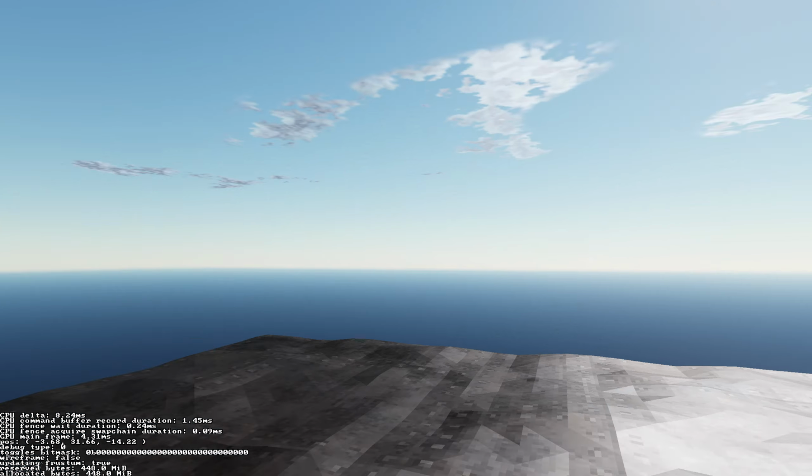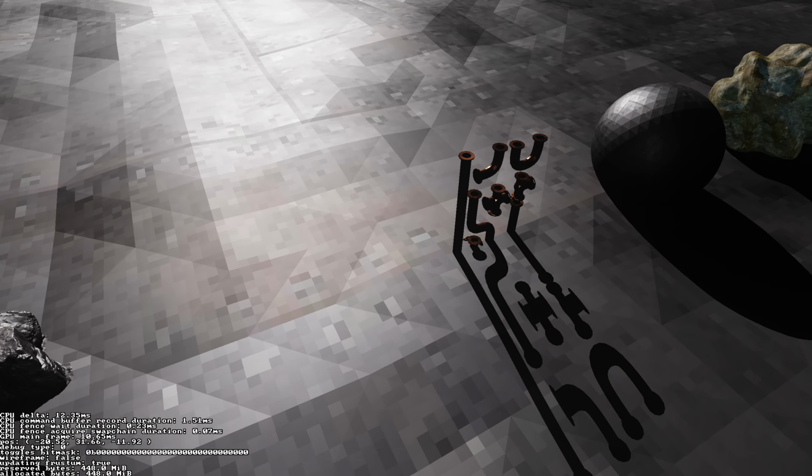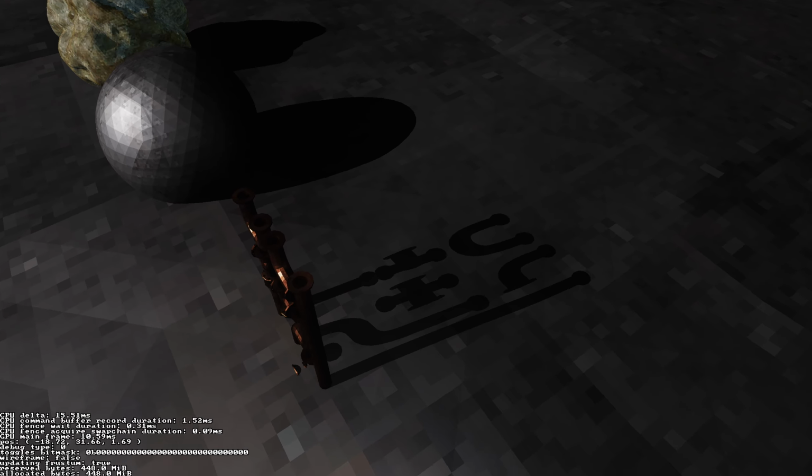Of course, these are dynamic. If I change the sun angle, these change. These are not bound to any resolution other than the screen resolution, of course. I also implemented